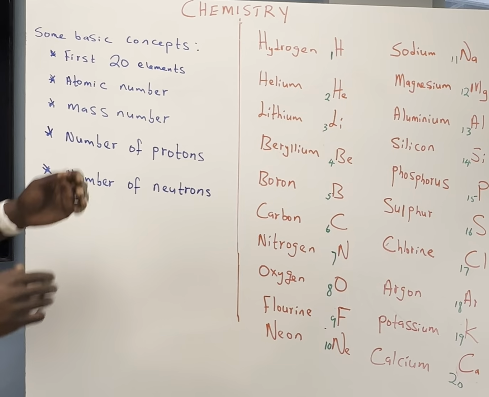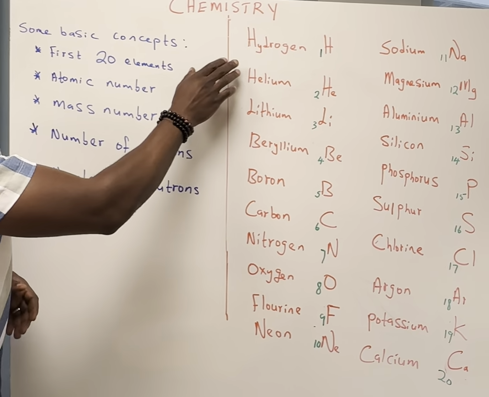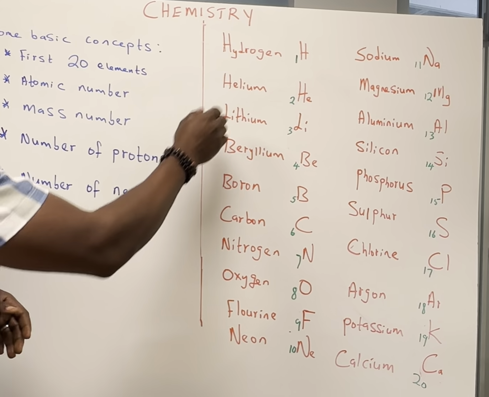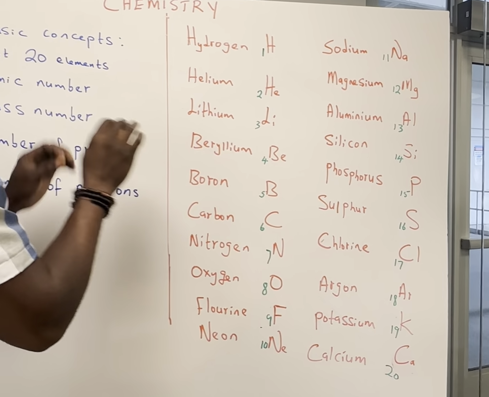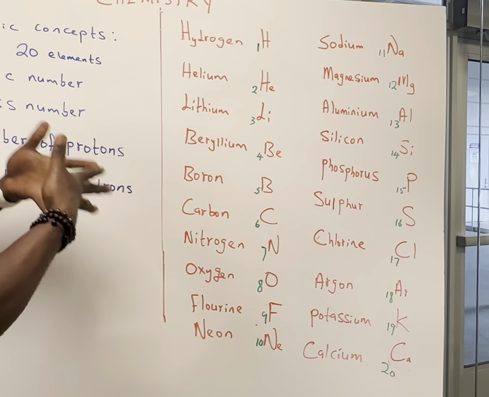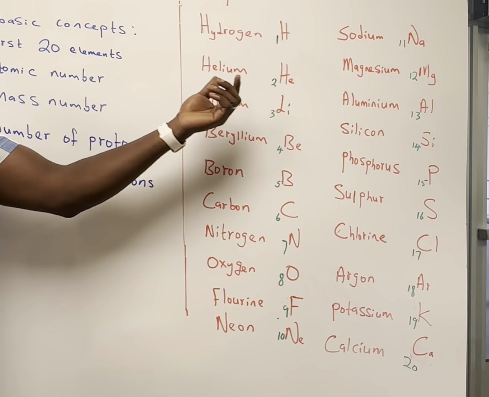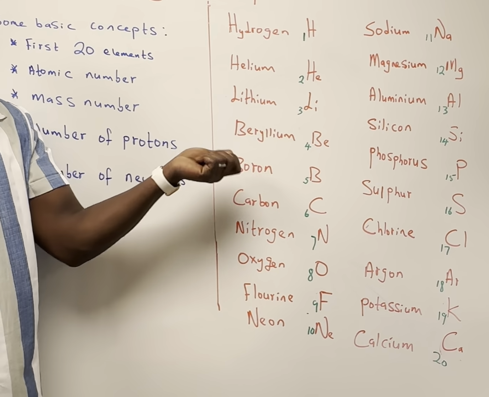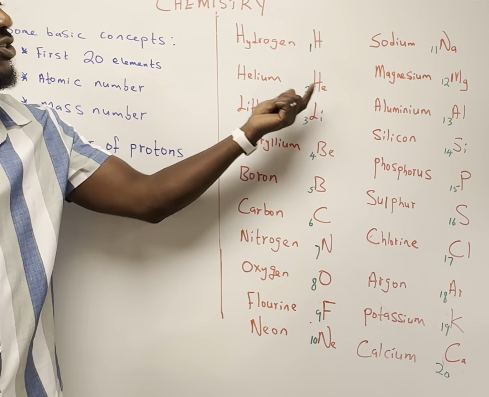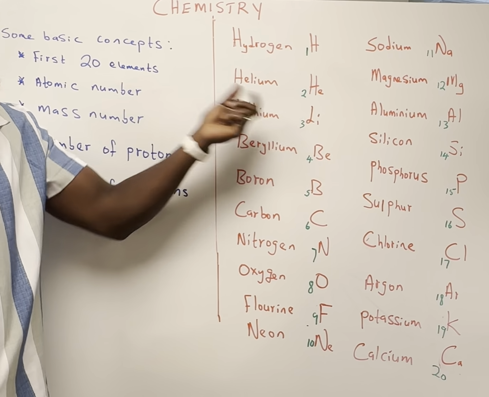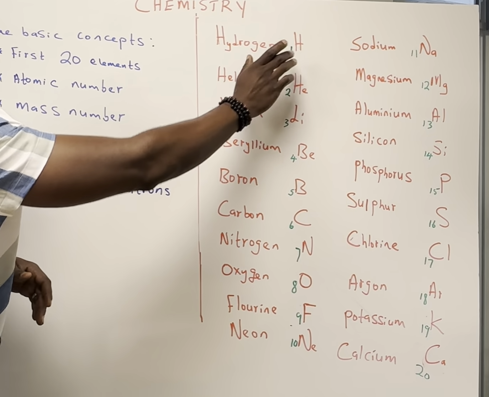Now we're going to consider the first 20 elements and their symbols. Looking at here, you have hydrogen with the symbol H, helium with the symbol He. Those elements that have two letters in their symbols, the first letter should be a capital letter, while the second letter should be a small letter, lowercase. Hydrogen has only one letter, so the first